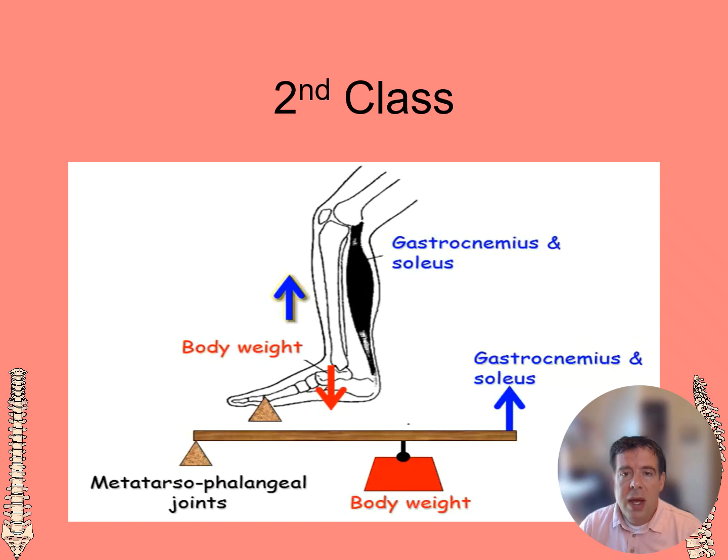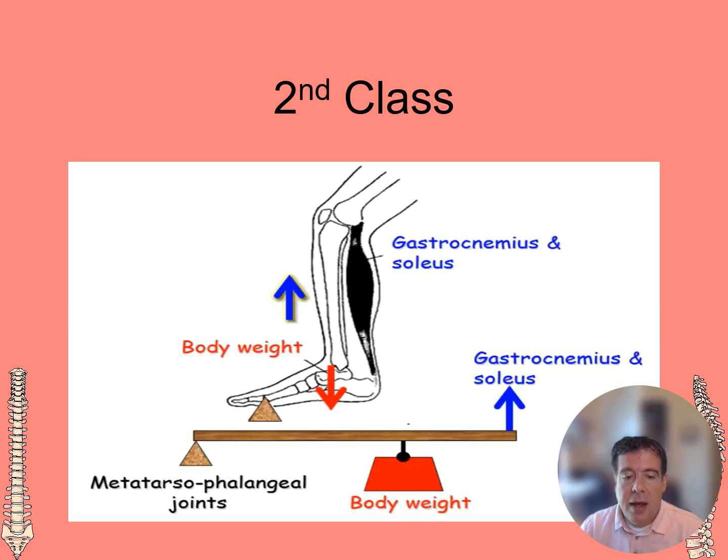So class 2, this is a little less intuitive. On this one, we're using the foot, those knuckle joints called the metatarsophalangeal joint here. Just like the hand, we've got our MPs here with the foot, very similar. So our pivot is actually that MP joint. Our weight is the weight of our body coming straight down. So it's at the very end of it.